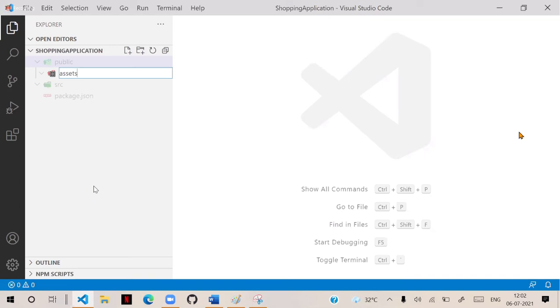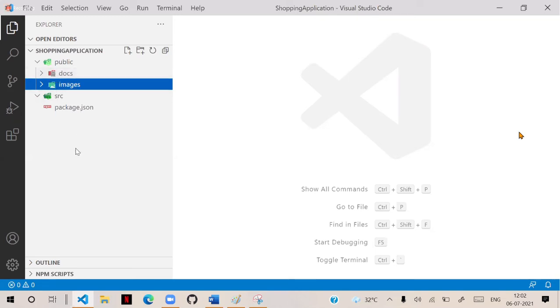If you want more classification, then I will give a separate images folder. And in the public folder, select the public folder again, create another folder, docs, something like this. That means in the public folder, we have two child folders, docs and images.